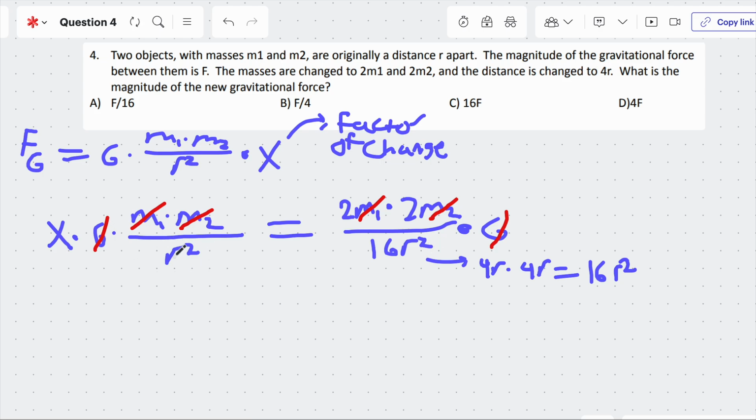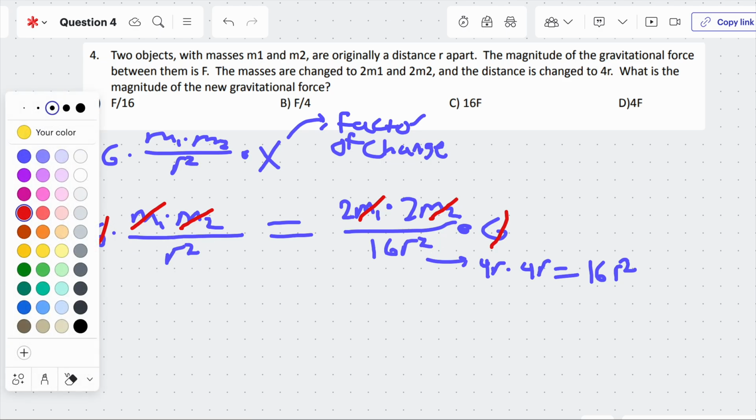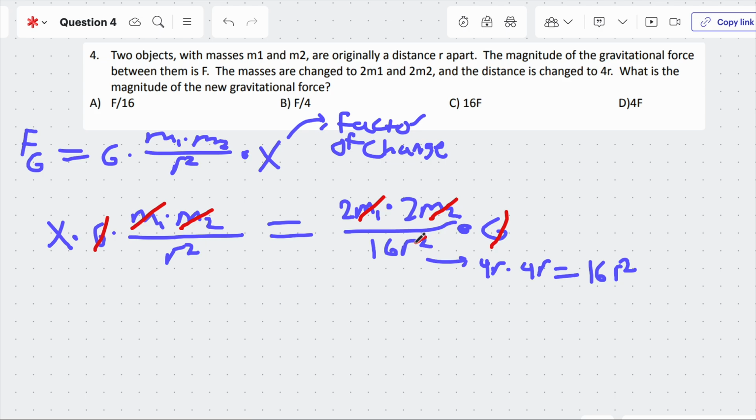we see that we have an r squared on the bottom here and an r squared on the bottom here. So we can cancel out our r squared. That 16 will stay. So we've gotten rid of all of our variables so far. So let's rewrite that in a much cleaner fashion without all these canceled out things. So all that's left on this side is x,